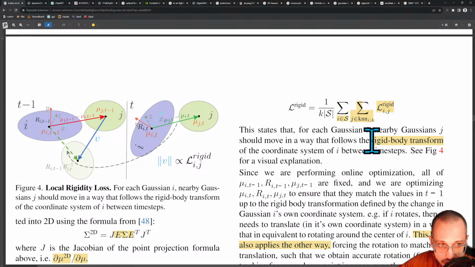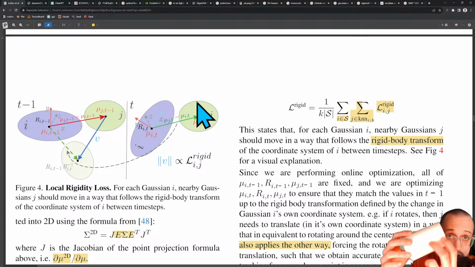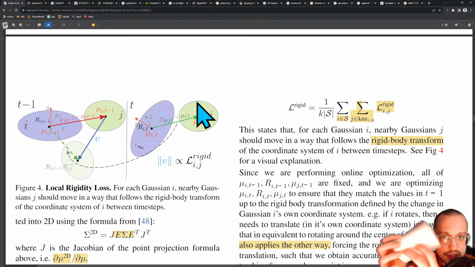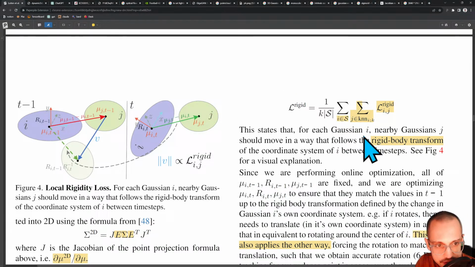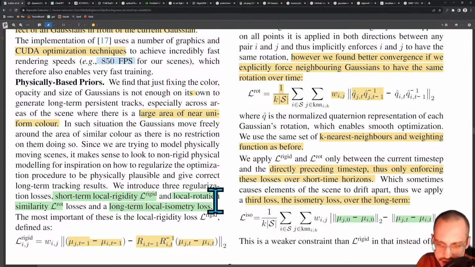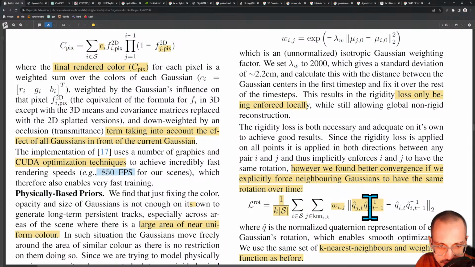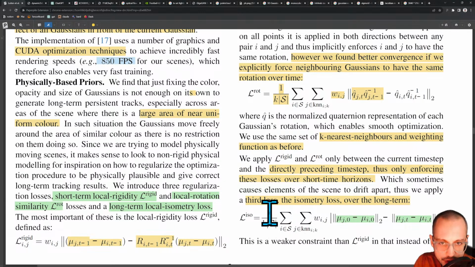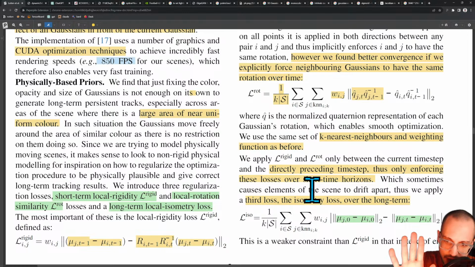One of those is rigid body transformation, which means that things that are close to each other tend to generally move around with each other. And that's what this rigid body transformation prior is. They also have a prior that things that are close together should rotate similarly. That's what this rotation prior is. And then they also have an isometry loss here, which is basically saying things that are close together should stay together. So those three